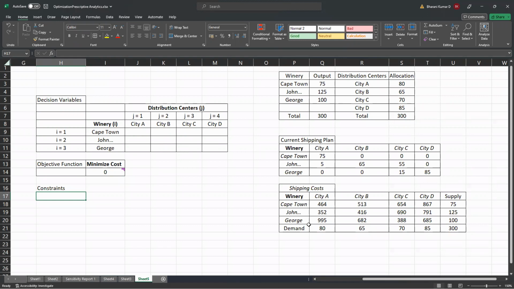What is the total supply? Total supply is 300 gallons. That's a supply-related constraint. And the demand-related constraint is, let me put it here. Supply constraint is that